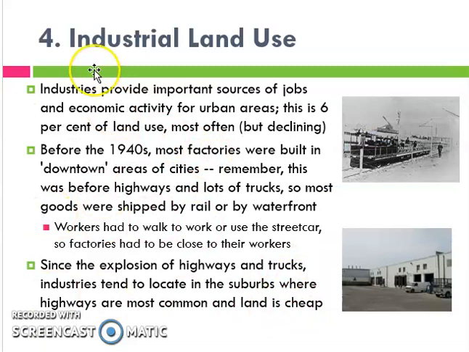Okay, so the next land use is industrial land use. Industries provide important sources of jobs and economic activity for urban areas. This is 6% of land use most often, but it's declining. Before the 1940s, most factories were built in downtown areas. Remember, this was before highways and our ability to travel longer distances. So workers had to walk to work or use a streetcar. Since the explosion of highways and trucks, industries tend to locate in suburbs as well, as the land is fairly